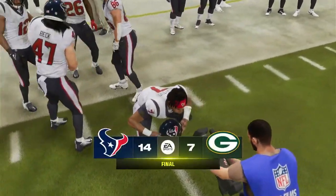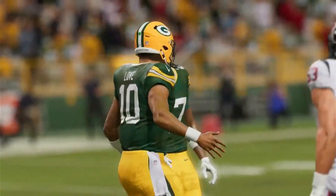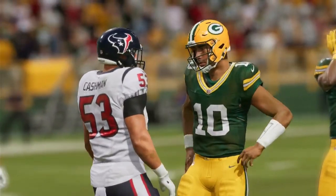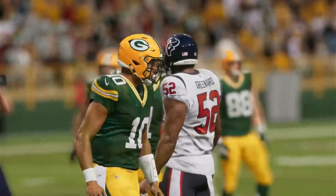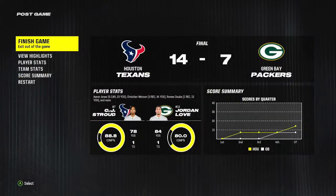And for the visitors, it is going to be a happy flight home. It is always such a treat, Charles, in the NFL when you can go on the road and get a victory, and that's exactly what they accomplished here today. The trip home so much sweeter, isn't it? All the noise they heard before, how tough it is to win on the road, how tough it is to play in this stadium, how hyped up that crowd's